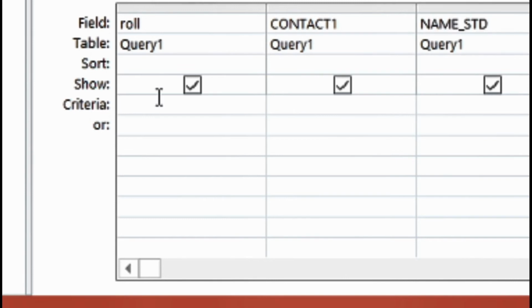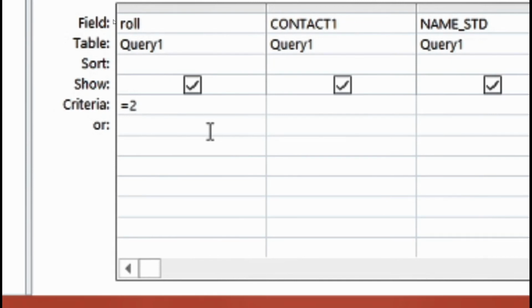Now here I will generate a query, but this time I will put some condition. See, which table is this? This is the query one table, the previous query which we generated. You remember we had taken four fields: roll number, contact number, name of the student, and fees record. This time we have taken another query from the previous query, and now we have taken only three field names. But that was a simple query without any further sub conditions.